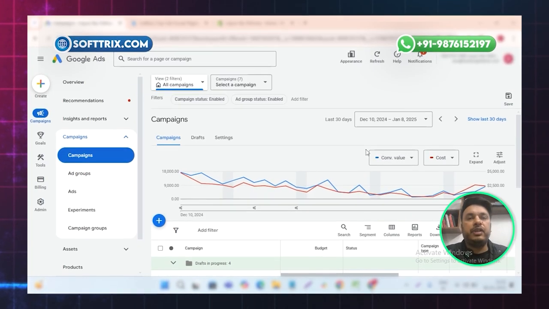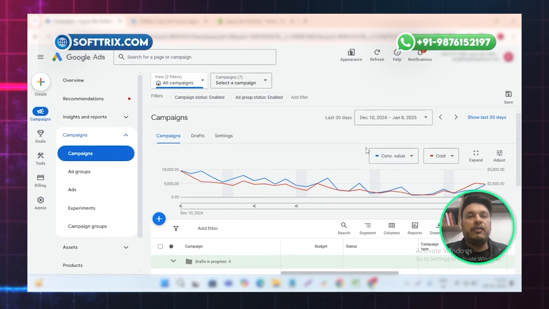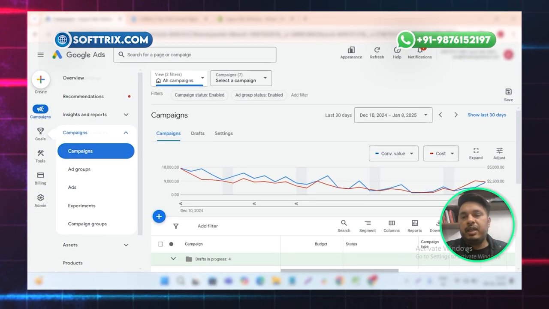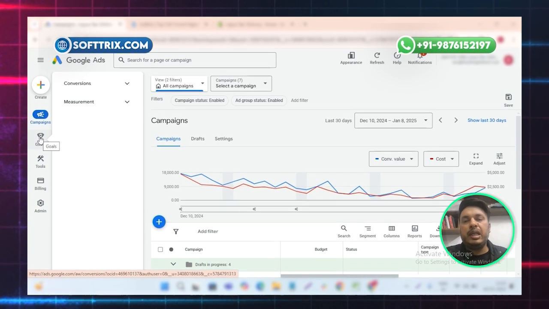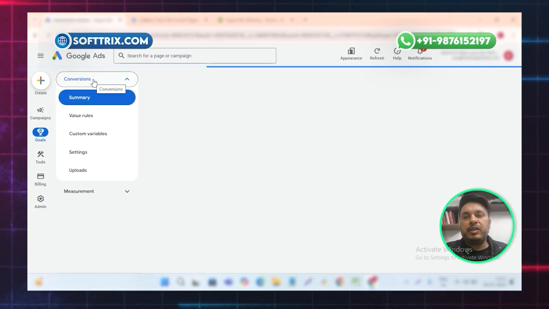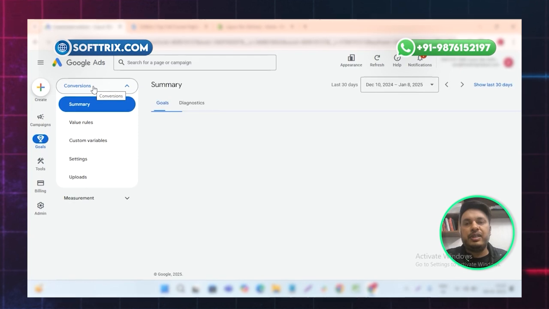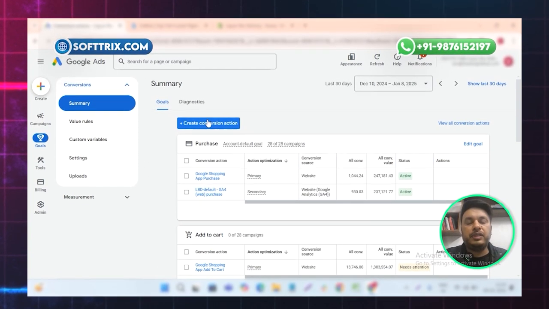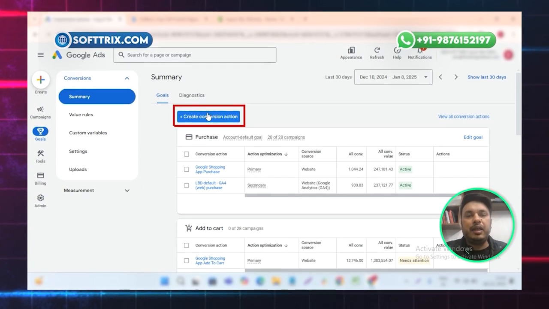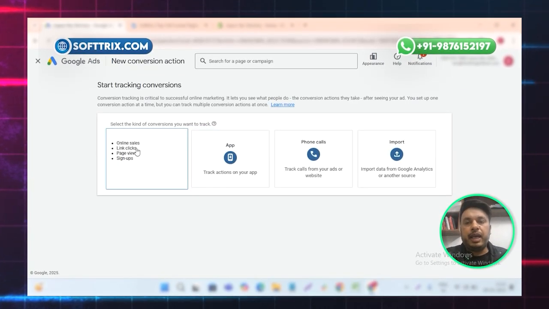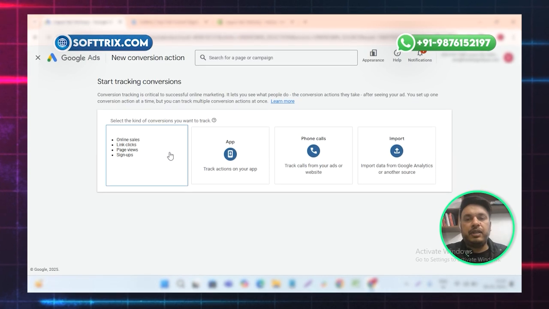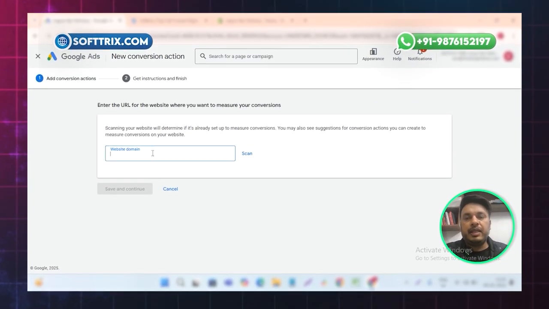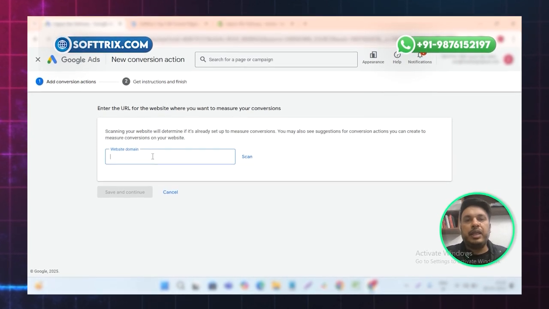So first thing first, we need to go to the Google AdWords account. So I can just guide you through. You can see on my screen that first of all we need to create a conversion action to track the revenue for each sales. So this is how we need to do. First of all, just click on the button create conversion action, and then we need to select the first one, that is the website online sales, and then we can just put our own domain name over here